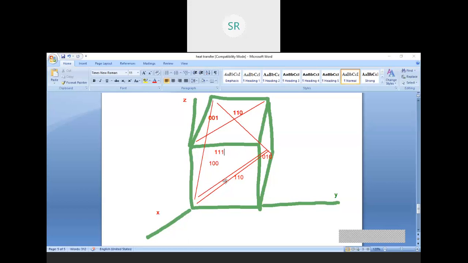In the triangle it is 1 1 1. So that means I am identifying the x coordinate, y coordinate, and z coordinate. Okay, so now that is with respect to the planes of the cubic crystal.